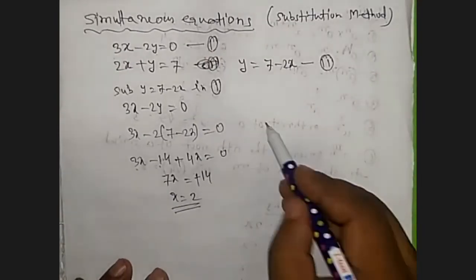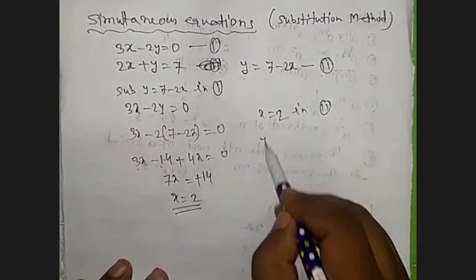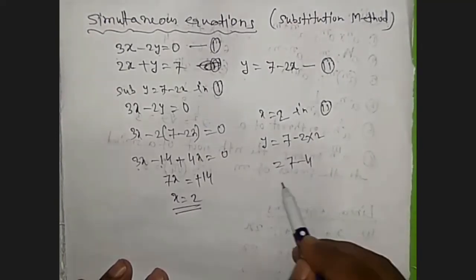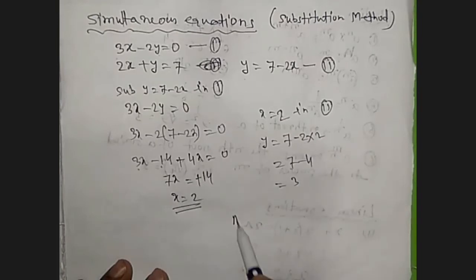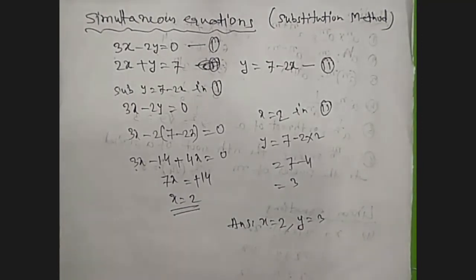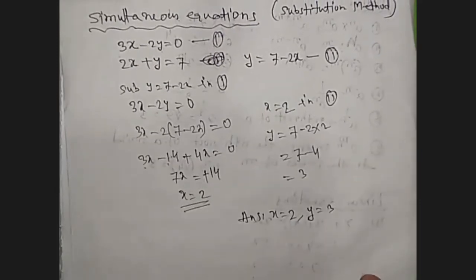Now substituting this x equals to 2 in equation number 2. If I substitute it here, minus 2 into 2, so 7 minus 4, that is 3. So your answer is becoming now x equals to 2 and y equals to 3. Now this is the answer. So that's the things what I have discussed. My plan was to explain indices, then quadratic equations, and then